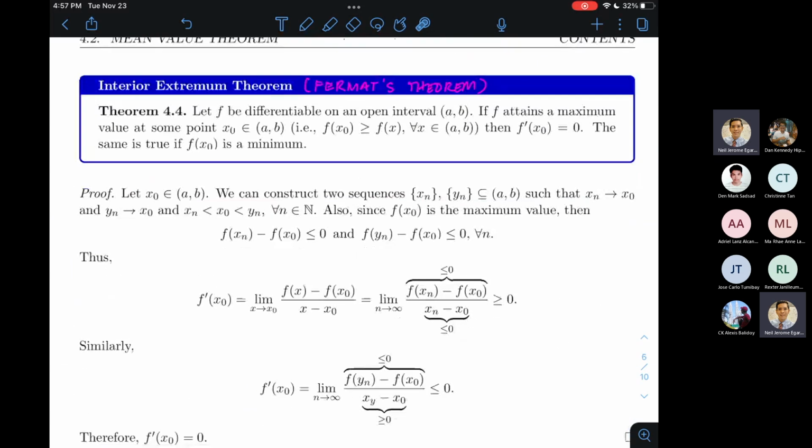So una, yung interior extremum theorem, which is quite a mouthful if you will always refer to Theorem 4.4 that way. So I want to call it Fermat's theorem. Though maraming theorem na nakapangalan kay Fermat, you have Fermat's last theorem, Fermat's little theorem, Fermat's theorem about two even numbers yata or two prime numbers. So maraming nakapangalan kay Fermat. Pero when in the class, at least when we talk about Fermat's theorem, we're talking about the interior extremum theorem.